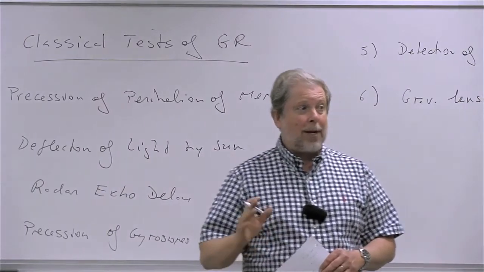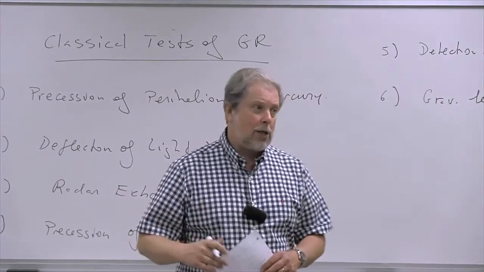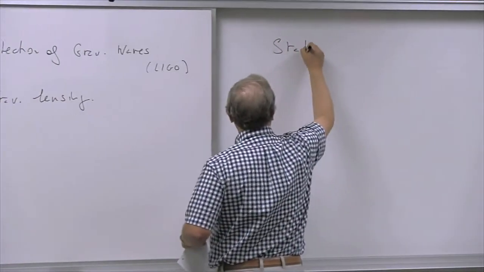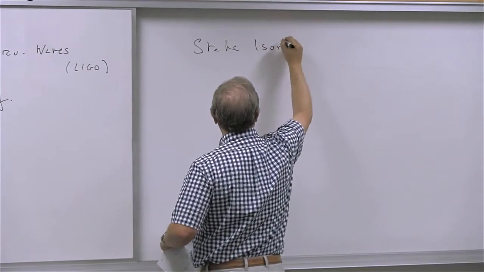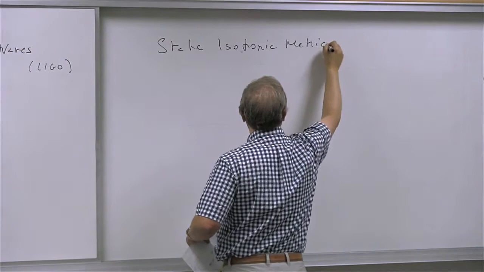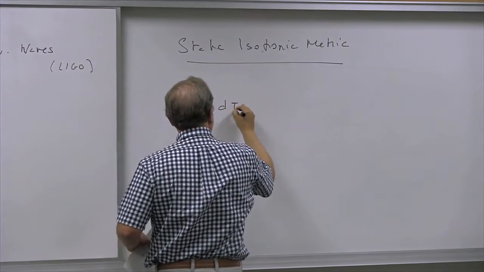You can also redefine the time, right? So you can redefine the time and reabsorb some of these functions. And so when you do that, you can bring the static isotropic metric eventually into a kind of standard form, which is that d tau